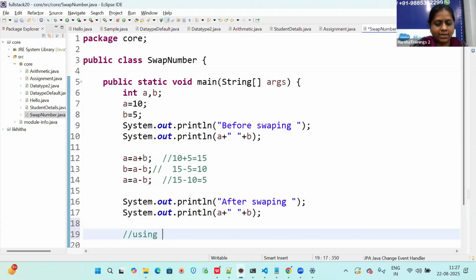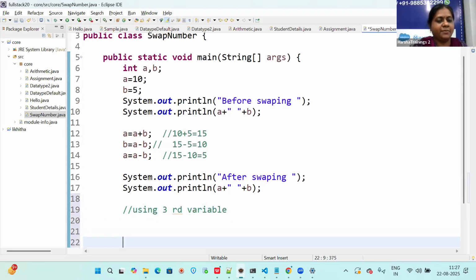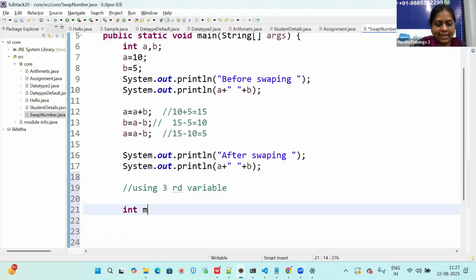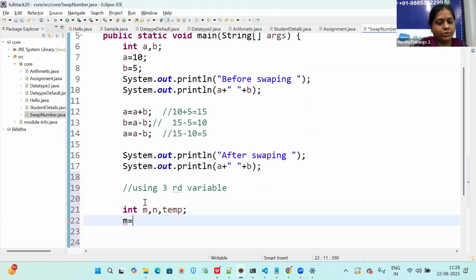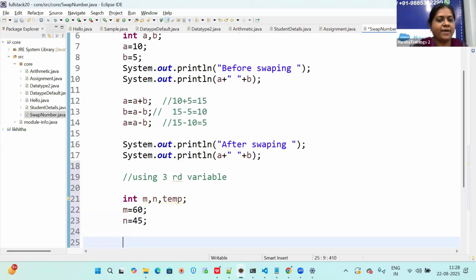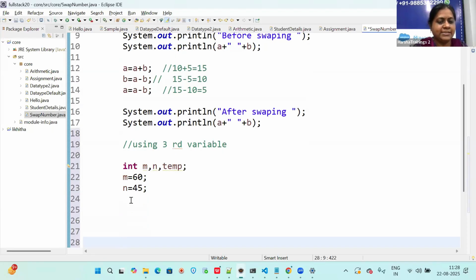Here, swapping using a third variable. I'm taking new variables int m, n, and a third variable, temp. Now m is equal to 60 and n is equal to 45. Now how do we swap them using the third variable? I'll write temp is equal to